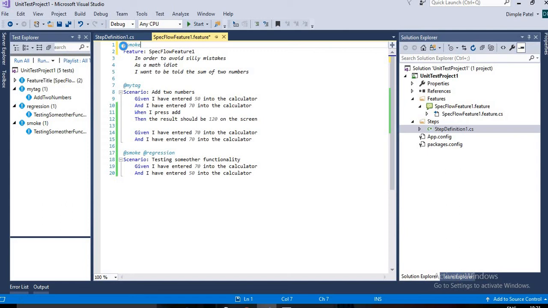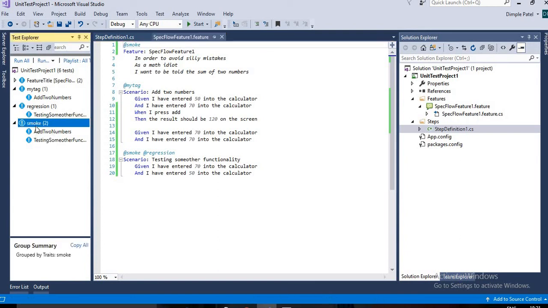Smoke, and save it. So you will see that in smoke the entire feature test case will be coming, and the second test case below, which is testing some other functionality, is also part of that. So it will not show two times. The entire feature scenarios will be a part of the smoke tag. If I have specified some other tag, that is regression or my tag, then the other test cases will be a part of those tags also.